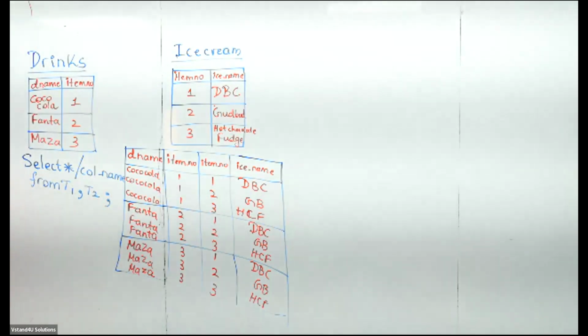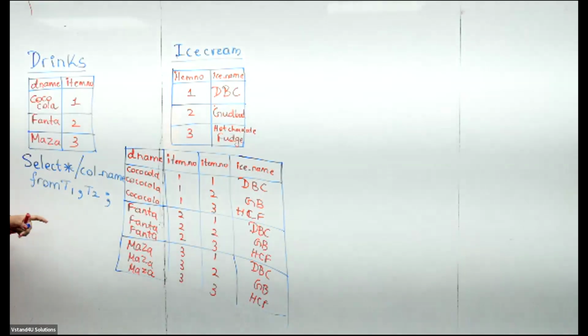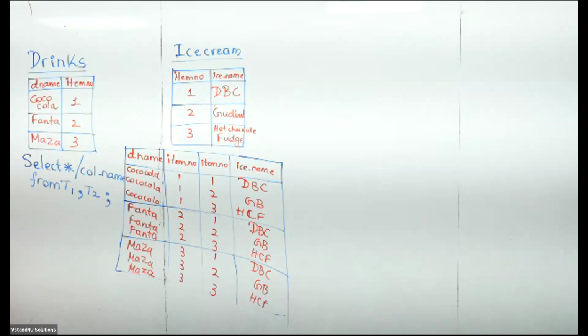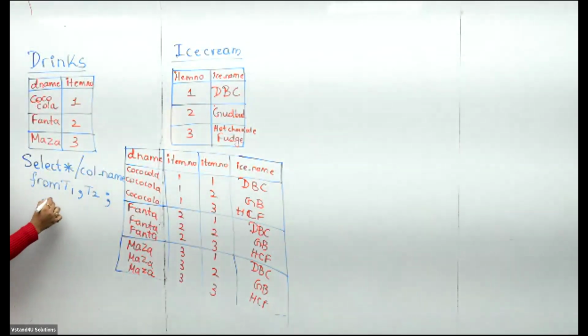From T1 comma T2. What is T1 and T2? Table 1 and table 2. Clear? You have another syntax,